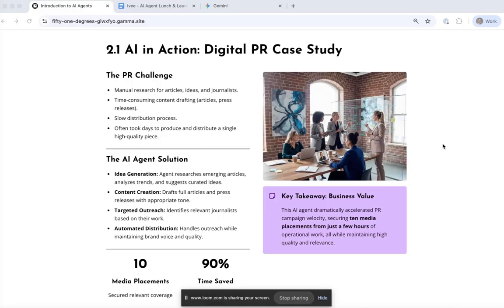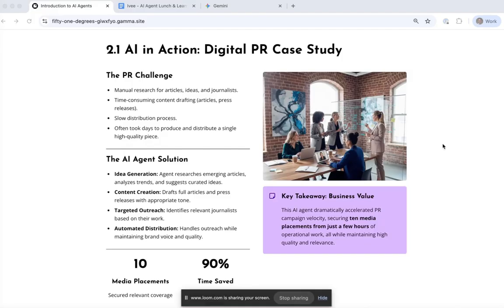So what we've done with Strawberry Browser, and I'm going to give you a live demo of a little bit later, is we've built an AI agent solution that does exactly that. The whole thing probably took me less than 3 or 4 hours to build. And at the end of it, basically, we can produce a digital PR piece in probably 2 hours in total, where historically that whole process would have taken weeks or even months. And so it's basically ripped out many of the laborious parts of creating a digital PR piece and enabled the AI browser to do it for me instead.